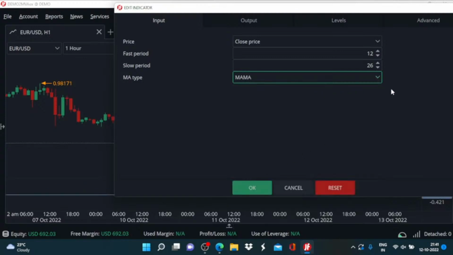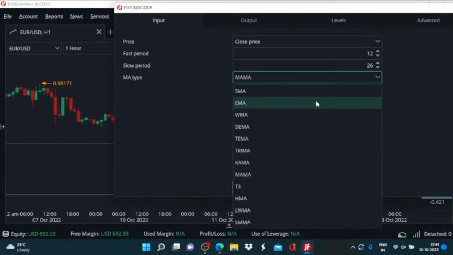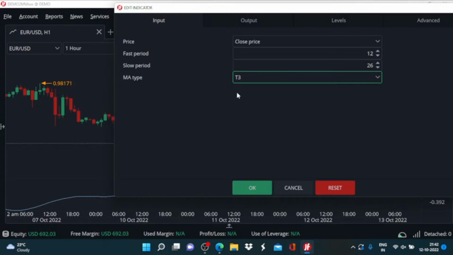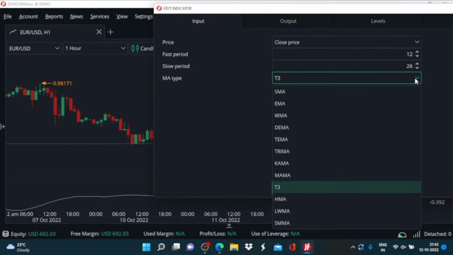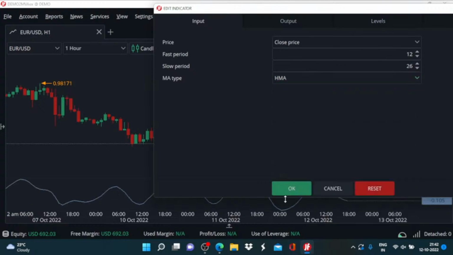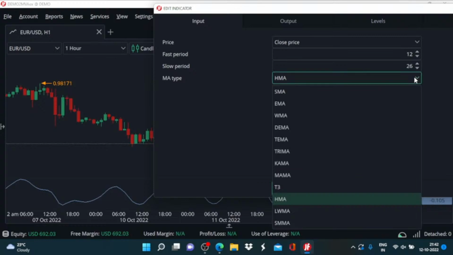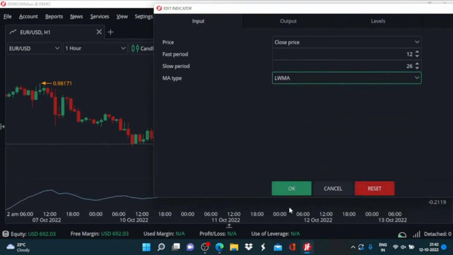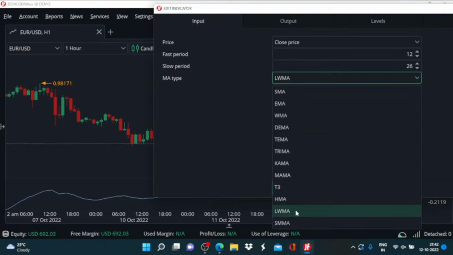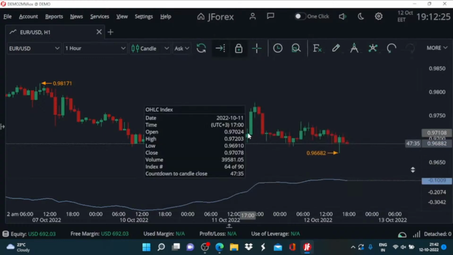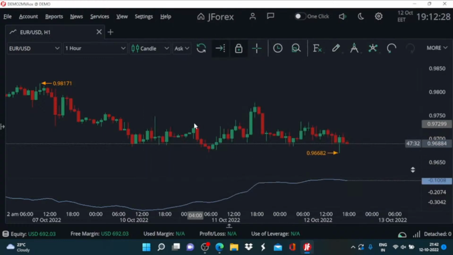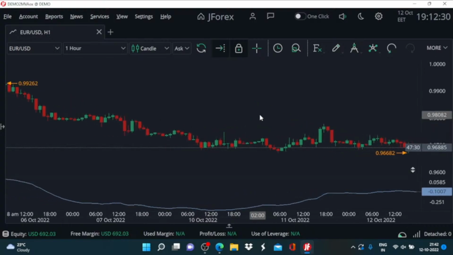MAMA. Then we have T3, HMA, LWMA, SMMA. So all these different types of moving averages will give you different types of signals depending on how these